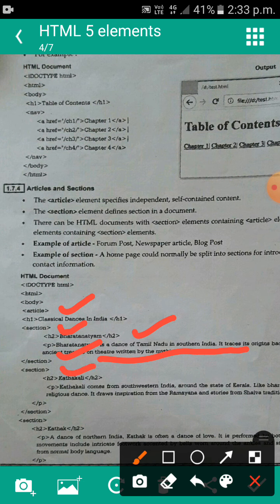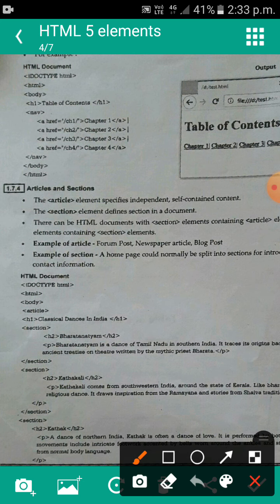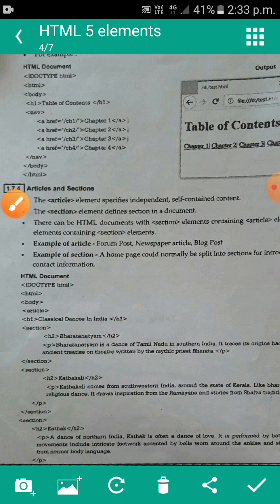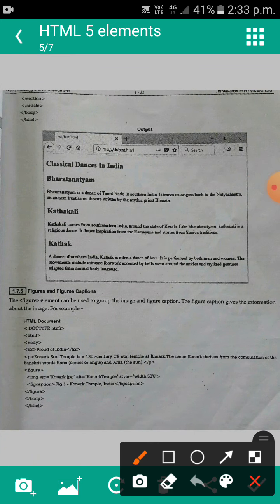Then we open the section tag again with an H2 tag, and provide information about the Kathakali dance. Then we close the section tag, paragraph tag, and in the next section we give the Kathak, with information about the Kathak dance. Then we close the section tag, article tag and the body tag.